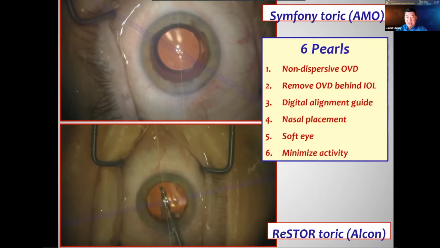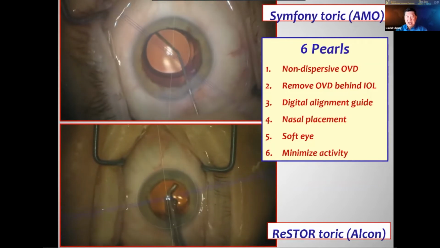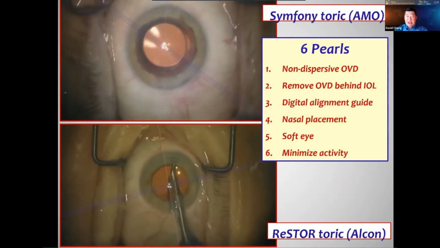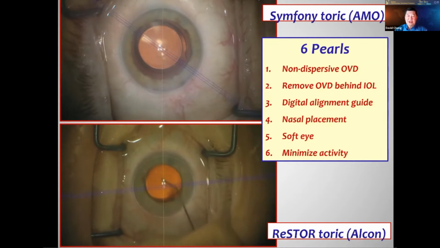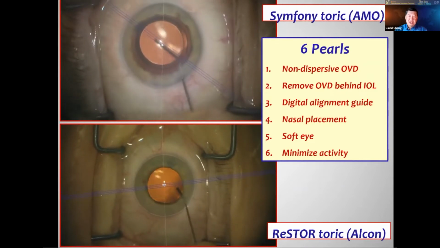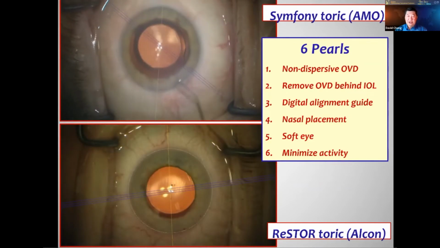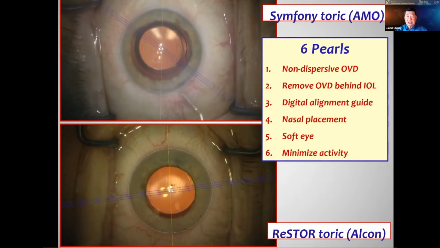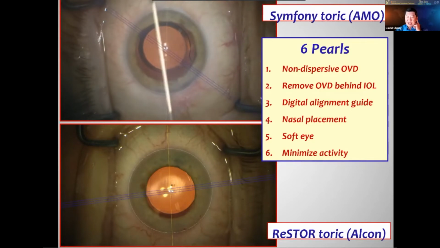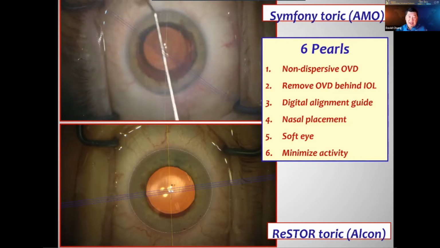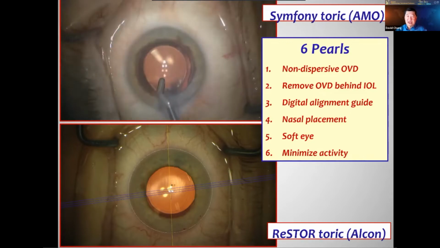I'm using digital alignment. You can see the Callisto here. I tend to push the lens nasally anyway, because that's how I align the optic with the visual axis. And I think nasal placement does improve the contact between the haptic and the nasal fornix. And then finally, at the end of the case, I leave the eye a little bit soft, as you'll see here, because overinflating it will often inflate the capsular bag. And finally, I do have the patient minimize walking and activities that first day based on that Inoue study that